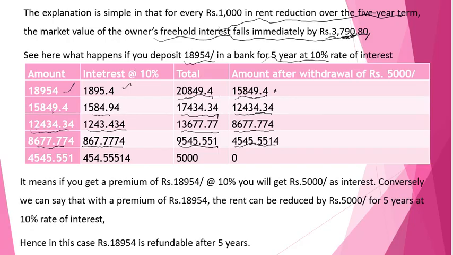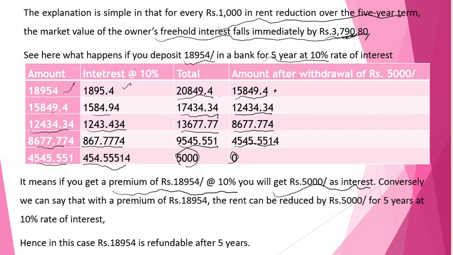4545.55 in the bank. And last year, fifth year, you have this much amount in the bank. This is the interest you earn. Total amount in the bank is 5000. You withdraw 5000, it means you have nothing in the bank. So far, it means if you pay a premium of 18954 at 10%, you will get 5000 and interest every